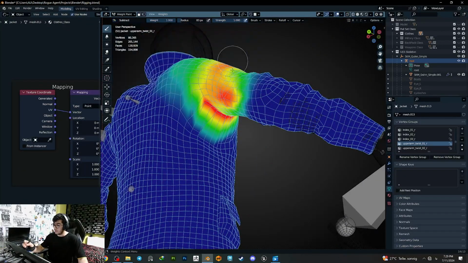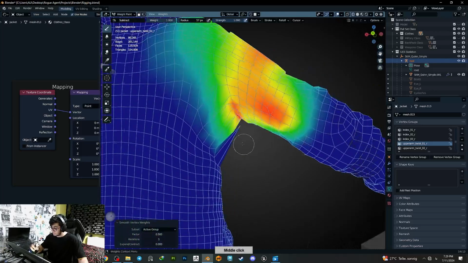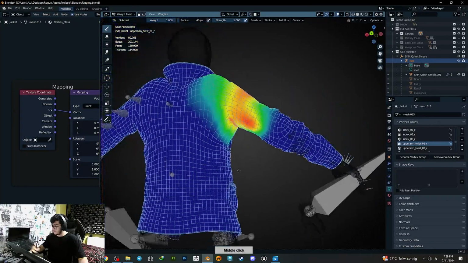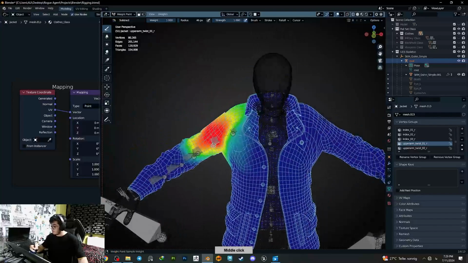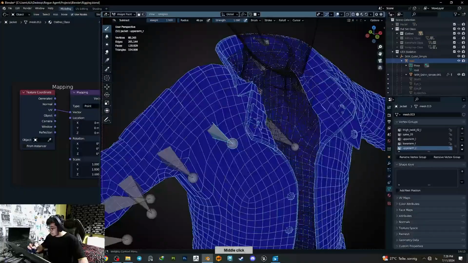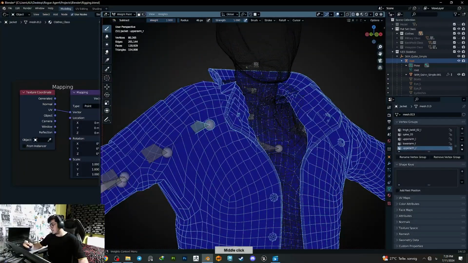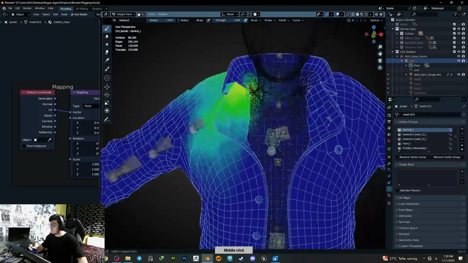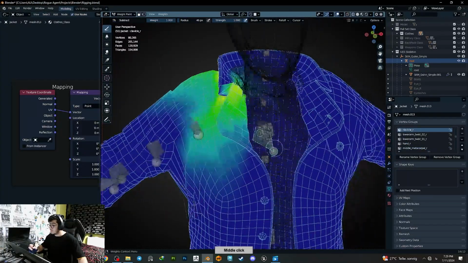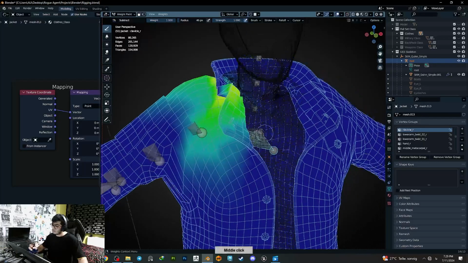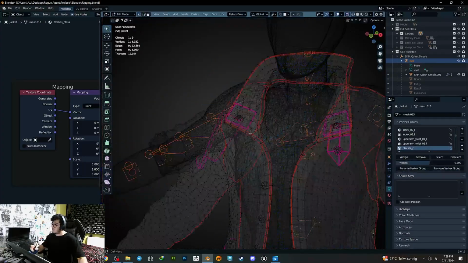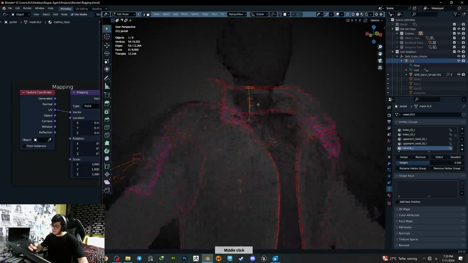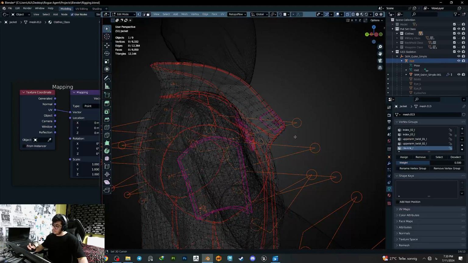Go to the subtract again, smooth, remove this, and yeah, you're good to go. Okay, now we can see we don't want these edges to move with our bone actually. You can see it's moving with the clavicle, right and left. So I just go to the edit mode, using